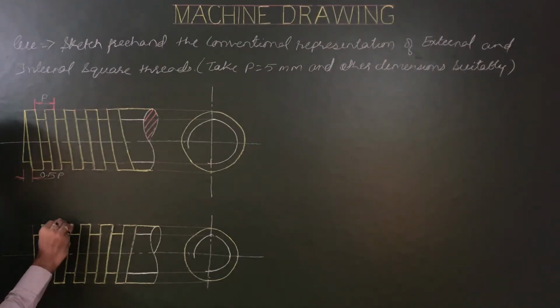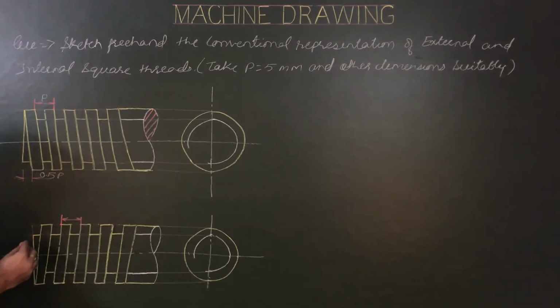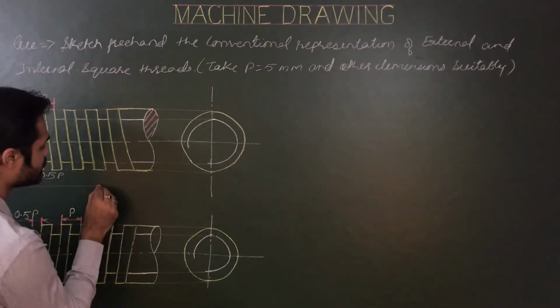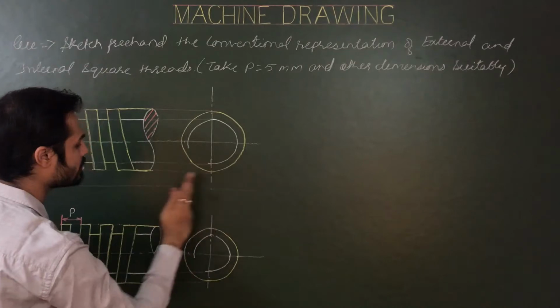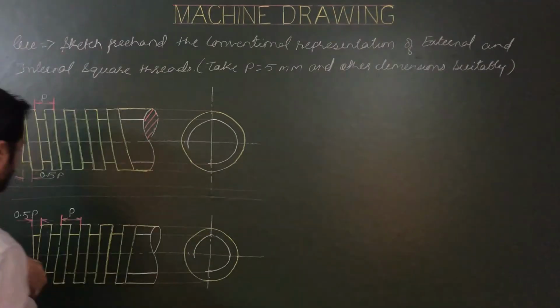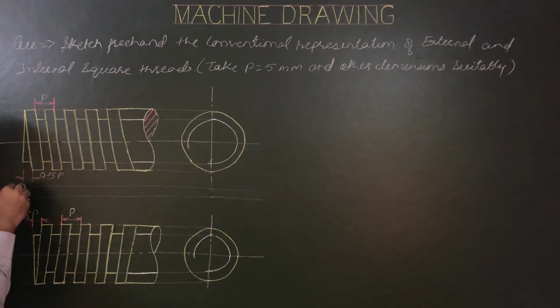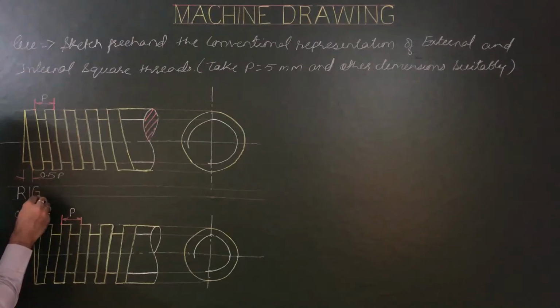Then for pitch, this is your pitch, and slope. So this is slope, 0.5 of p pitch, and this is 0.5 of p the slope. Now after drawing work, please write its heading. Heading is right